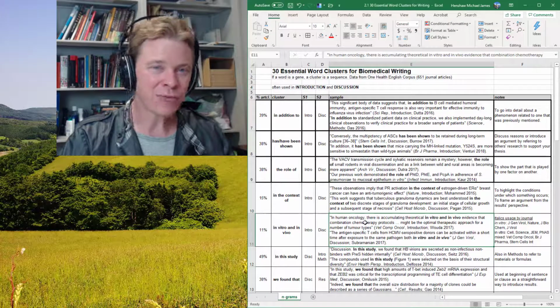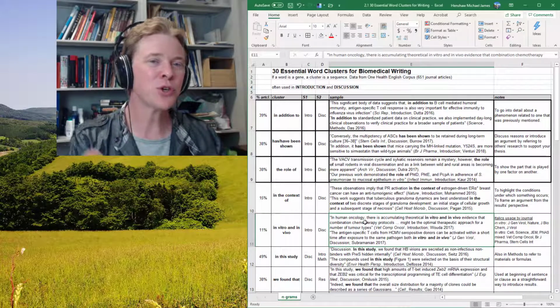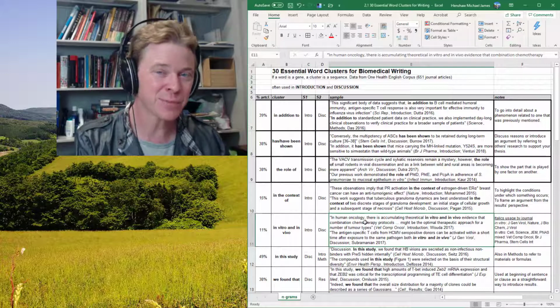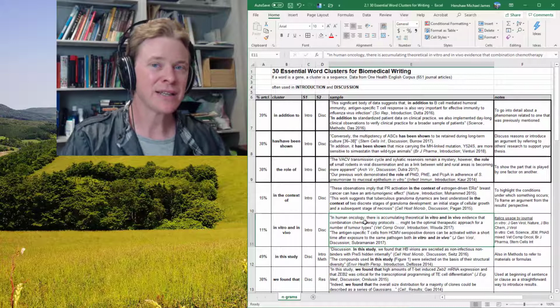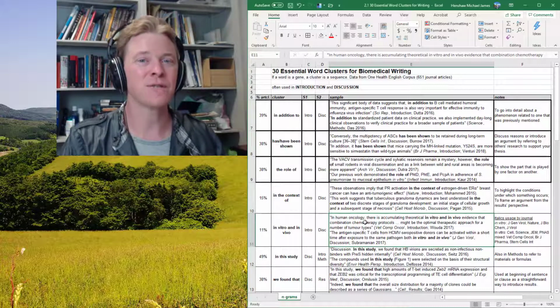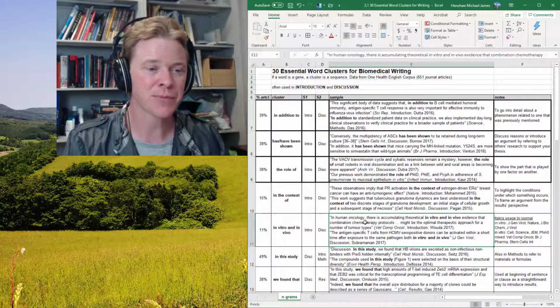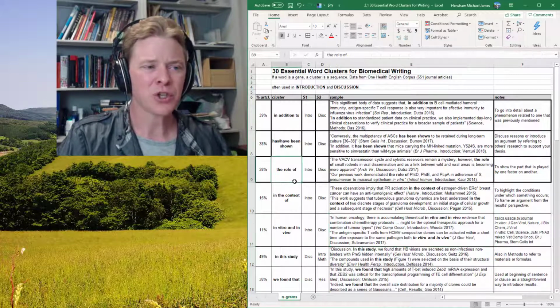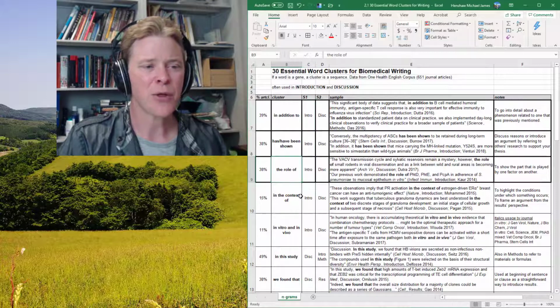I am not really that strict, but I'm just trying to say that if you have a good command of the difference between the present perfect and the simple past, this is an important part of showing good command of formal language. Last one I want to show you that are highly correlated to the introduction is this, the role